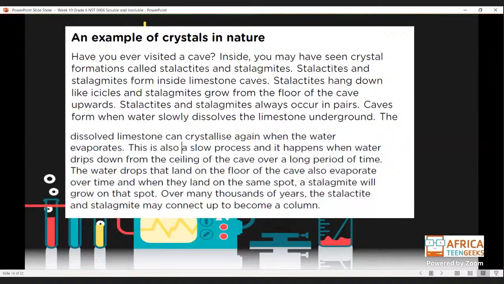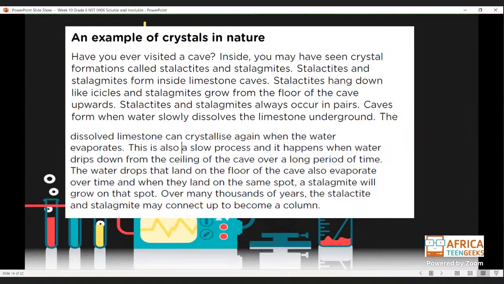So what actually happens is, I'm going to read through this so that maybe if you hear me read it, it would also help. Caves form when water slowly dissolves the limestone underground. The dissolved limestone can crystallize again when the water evaporates. This is a slow process, and it happens when water drips down from the ceiling of the cave over a